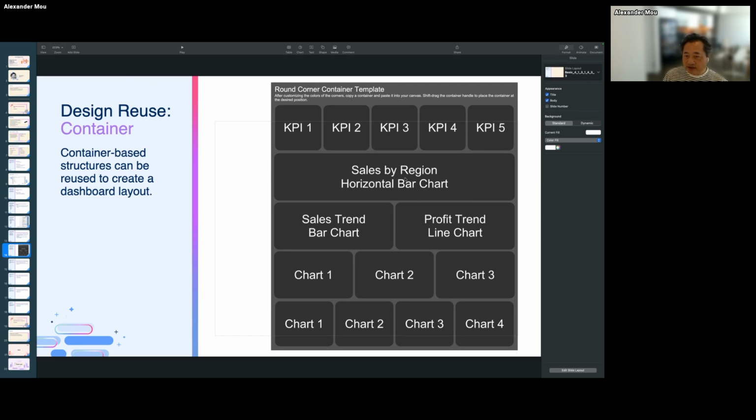So here are static sheets or content, and they can all be copied and pasted. If it's a chart, a bar chart or something like that, it won't work.